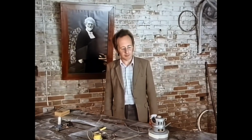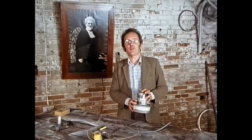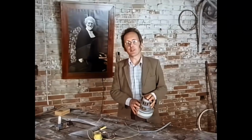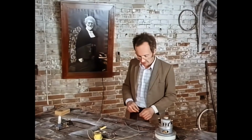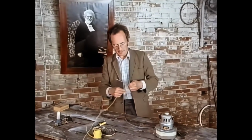I'm now going to look at the various parts of the vacuum cleaner in greater detail. First, the motor. Electric motors are rather baffling devices, but they all depend basically on the ability of electricity to magnetise things. If I wrap a bit of wire round a nail...